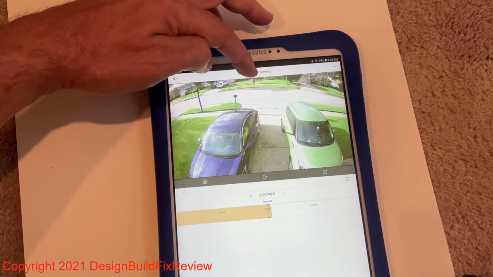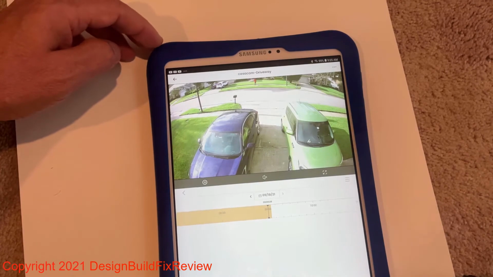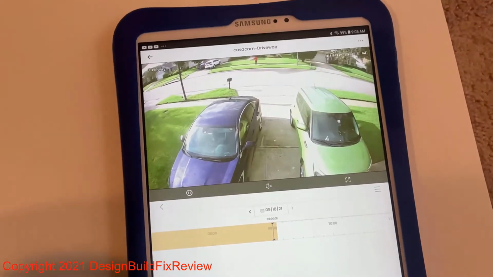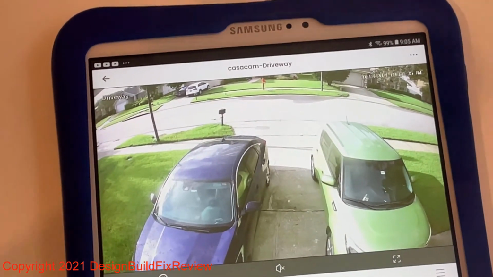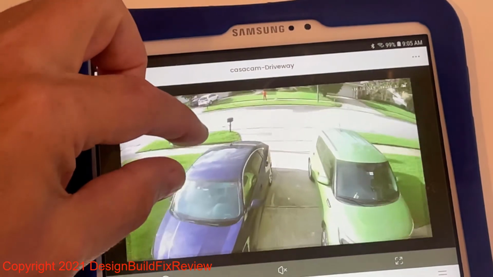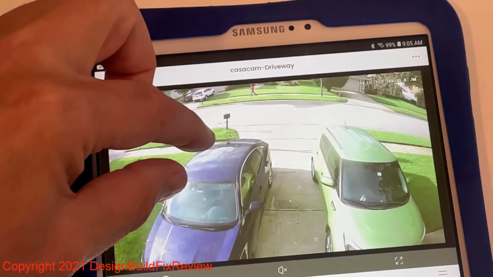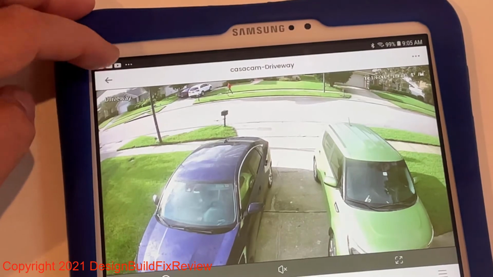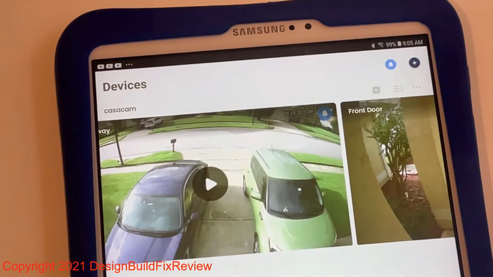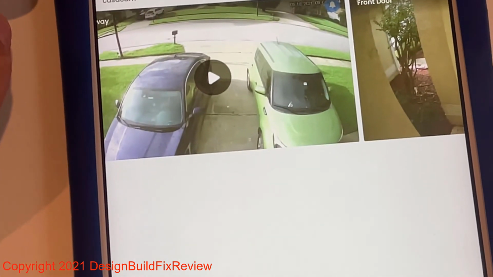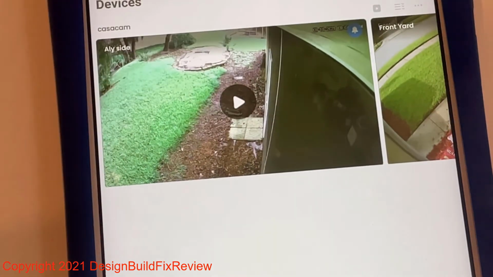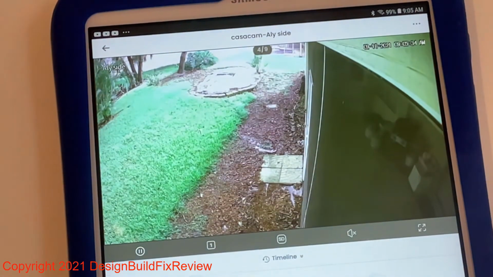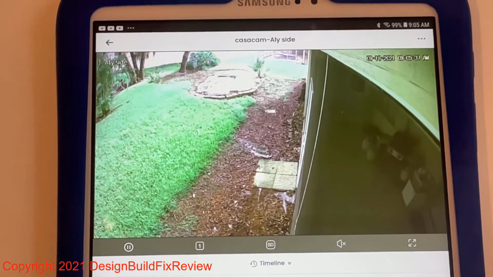But you could see the person in the back up there walking back and forth in the red. And you could zoom in to a certain point. As you can see, another dog walker. Picks up dog walkers like crazy. So the remote access for the Lorex is pretty cool. It's really fun to play with. You have to get used to some of the settings though. Some of the settings require a little bit of practice before you get used to them.